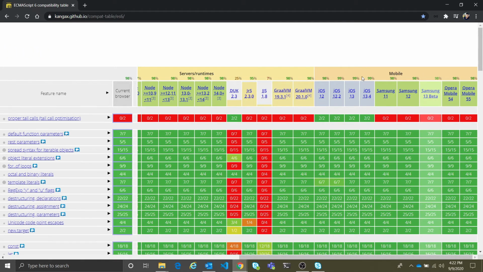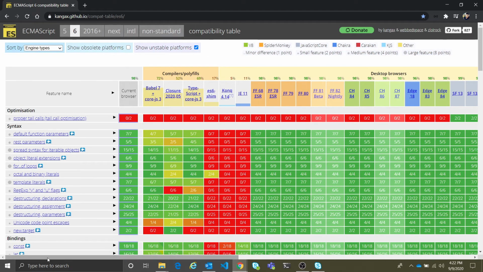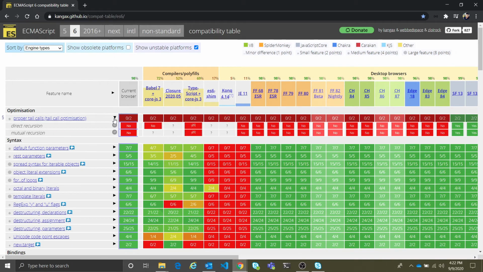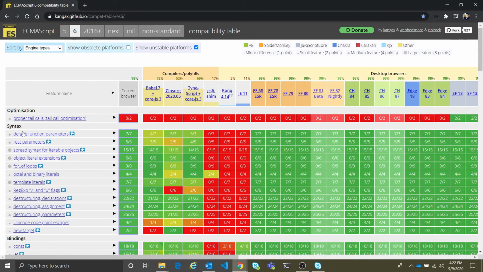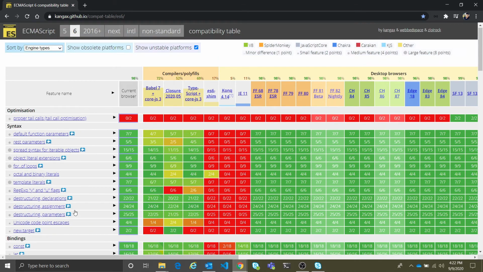This table also contains mobile browser versions, like iOS 12 and onwards. Samsung is also there, Opera is there. On the left side you can see the feature names, like what optimizations are done. You can expand these, and see syntax-related updates in ES6, bindings and functions, arrow functions, classes, those kinds of things.